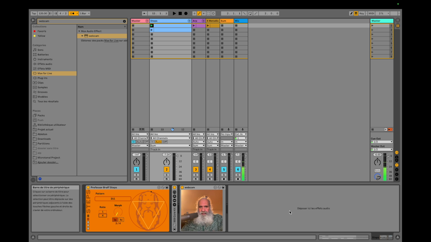So I'm starting right away with the first Max for Life patch. It's a MIDI effect that is right here, and it's called Professor Braff Steps. So basically what it does, it reschedules the notes in your MIDI clips and plays them after some rhythmic transformations that you can specify here with those parameters. The most important parameter maybe is the pattern, and you can enter the pattern here in this field